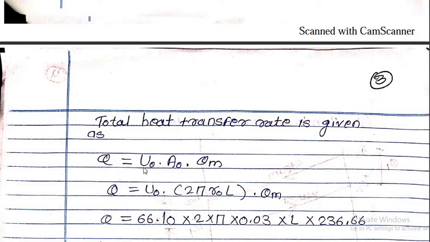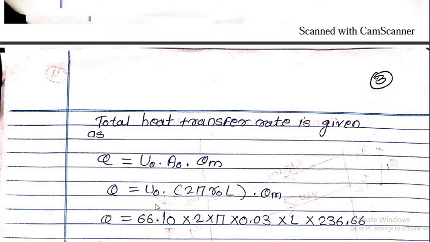Now here overall heat transfer coefficient we have taken on the basis of outer surface. So we need to consider the outer surface area only to calculate the heat transfer rate. So Q is equal to U naught multiply by A naught multiply by theta m, where the theta m is nothing but logarithmic mean temperature difference. So the A naught is the surface area. Okay, so area for the tube we can write as 2 pi RL. Here we have considered the outer surface area. So for that purpose we can write 2 pi R naught L or pi dl also. So Q is equal to U naught multiplied by 2 pi R naught L multiplied by theta suffix m.